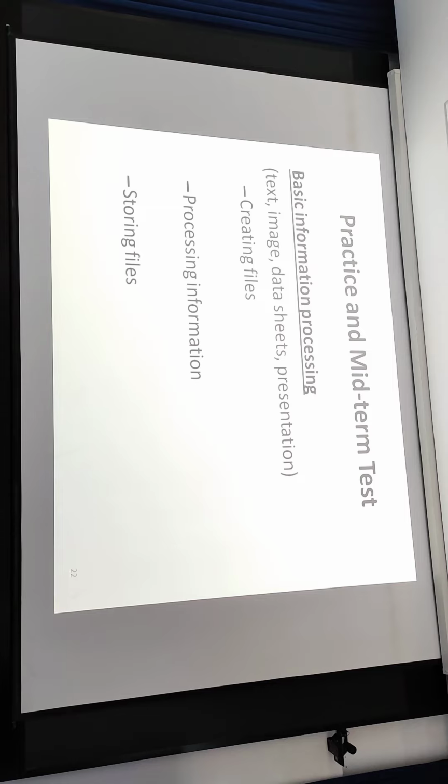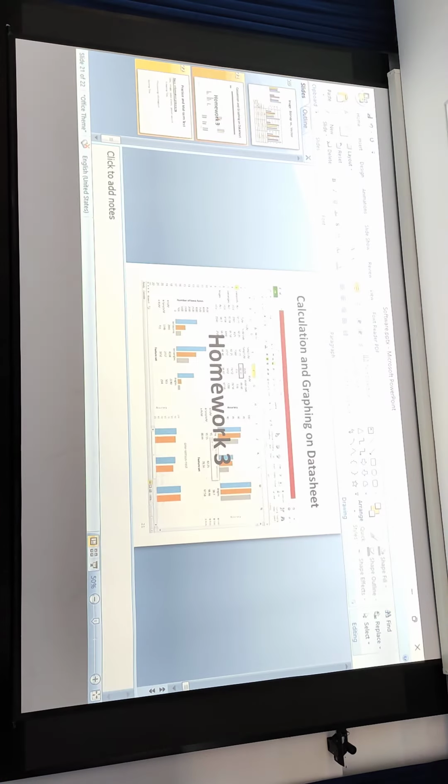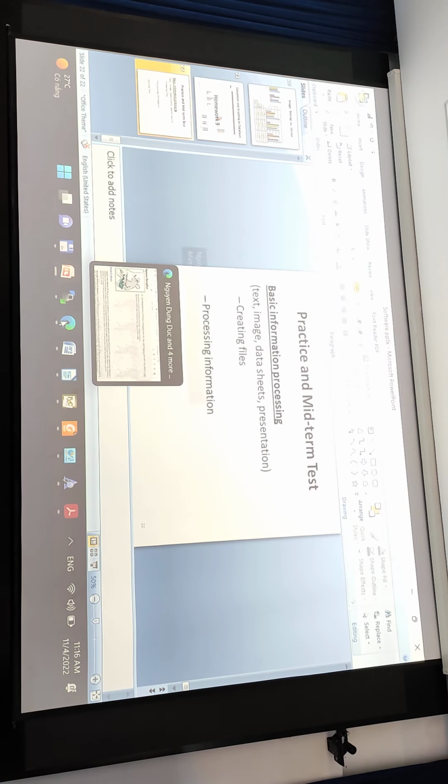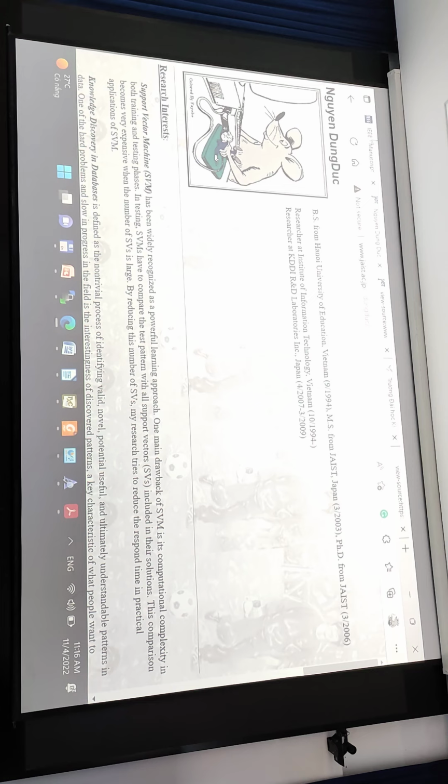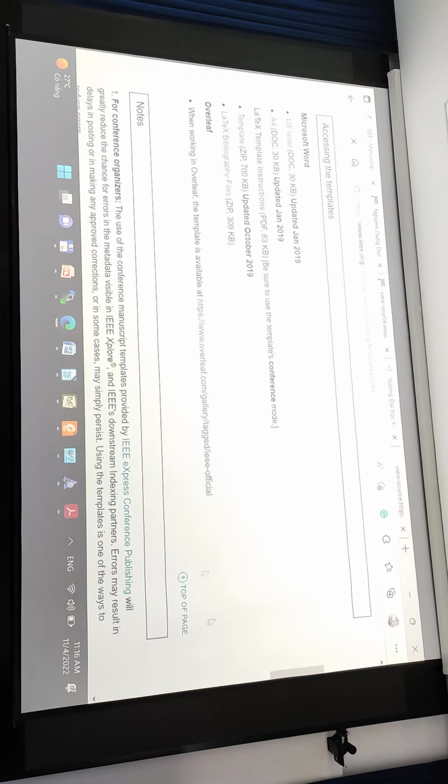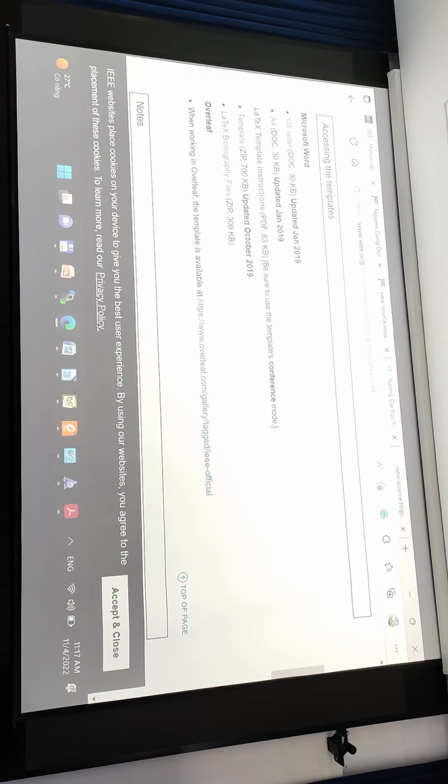And this is not a simple task, as I showed you, and it is also for your future preparation, because we are a scientific, research-oriented university. So some day you have to go to a conference, download the template and edit your documents, following a specific template like this one, as I have done before.